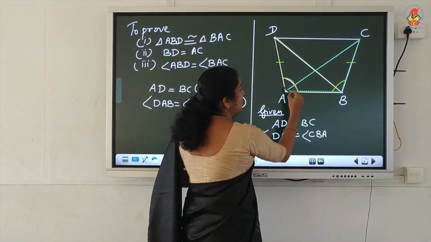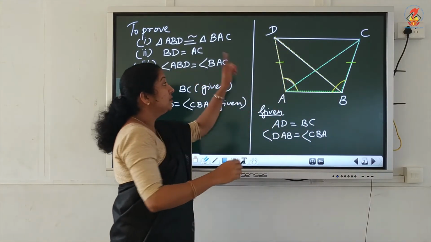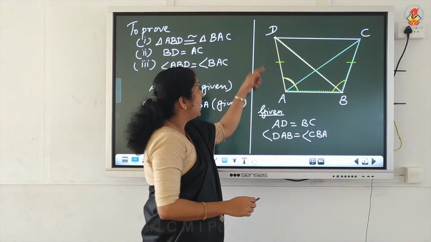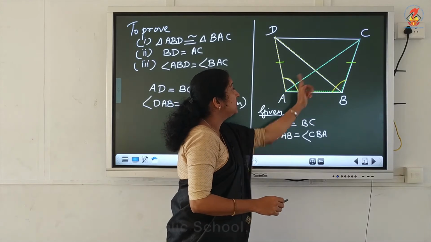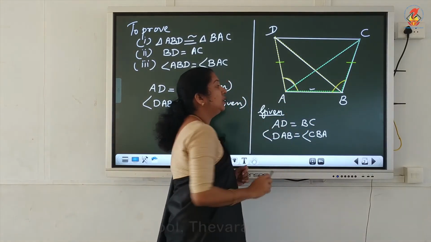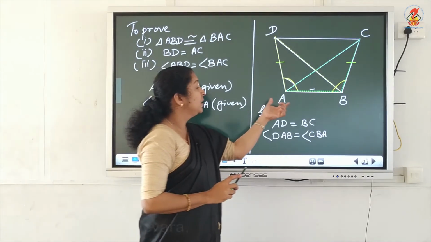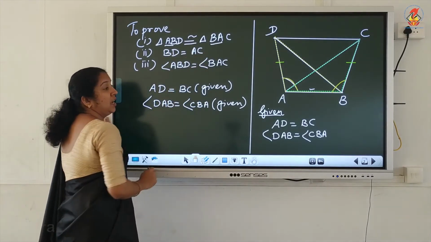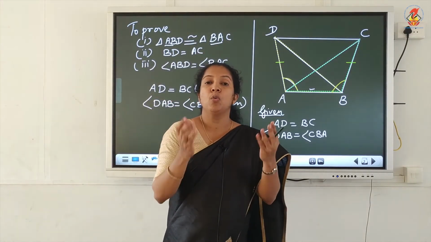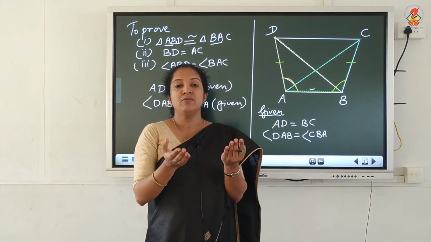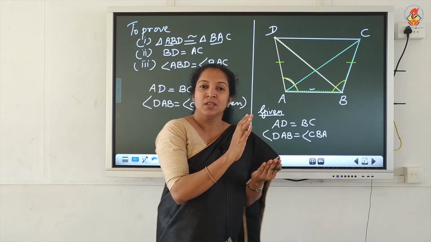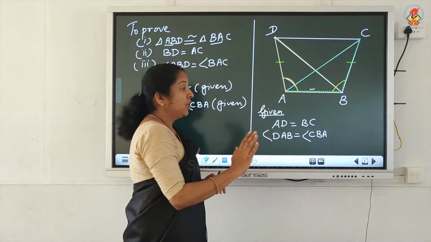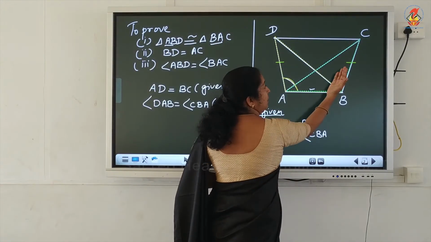So, when I draw triangle ABD and BAC, ABD and BAC, this side is common. See, both the lines are coming there. So, we can take this as the common one. But here AB and BA, for checking the congruence, we have to keep one triangle over the other. So, for keeping this over this, we have to turn this and keep. We have to turn triangle ABC and keep.